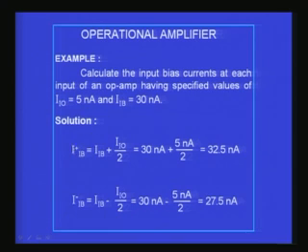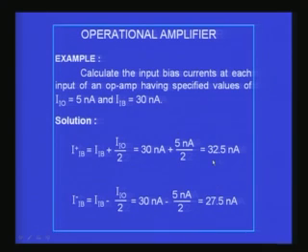So IIB plus, we know, is nothing but IIB plus IIO by 2, that is equal to 30 nanoamperes plus 5 nanoamperes by 2, that is 32.5 nanoamperes, and IIB minus is with the negative sign here, that is 30 nanoamperes minus 5 nanoamperes by 2, that is 27.5 nanoamperes. So these two are the individual bias currents flowing into the two terminals, and the average of this is 30 nanoamperes, which is the input bias current, and the difference between these two is about 5 nanoamperes, that is the